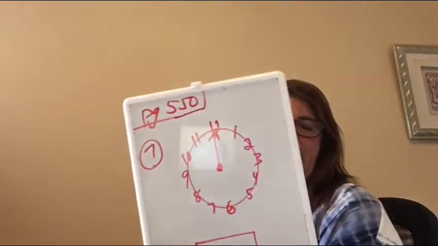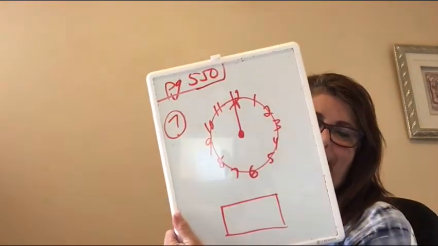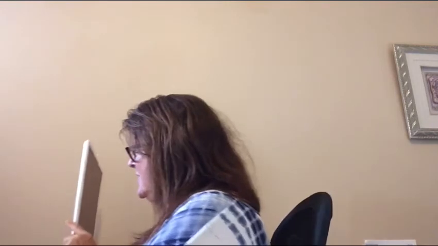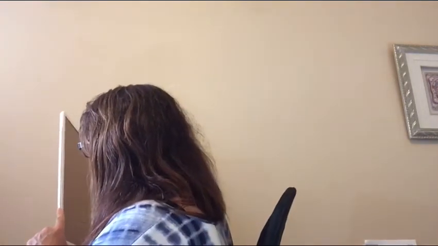So, if I'm drawing 2 o'clock, the long minute hand is going to go on the 12. The long minute hand for 2 o'clock is on the 12. The hour is 2. It is exactly 2 o'clock. It is not in between. It's not half past. It is exactly 2 o'clock. There are no minutes into the 2 o'clock hour yet. So, I am going to draw my short hour hand exactly on the 2. Not in between the 2 and the 3, but exactly on the 2 because my time